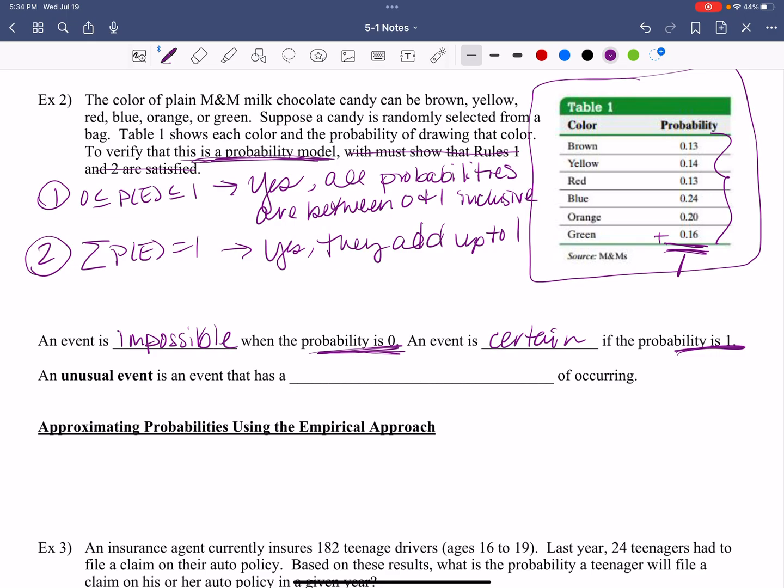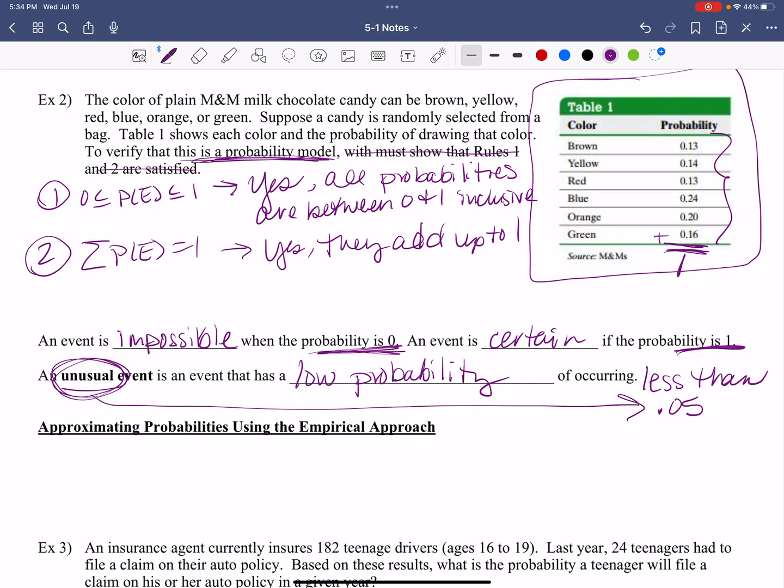An unusual event is an event that has a low probability of occurring. Specifically, it is less than 0.05. So in order for it to be unusual, you can't just say, oh, that's my opinion. No, there's no opinions. This is math. So you're not looking at an opinion here, the low probability, but specifically a low probability that's less than 0.05. That's the key there. All right, good. We're getting it set up. That's a good thing.